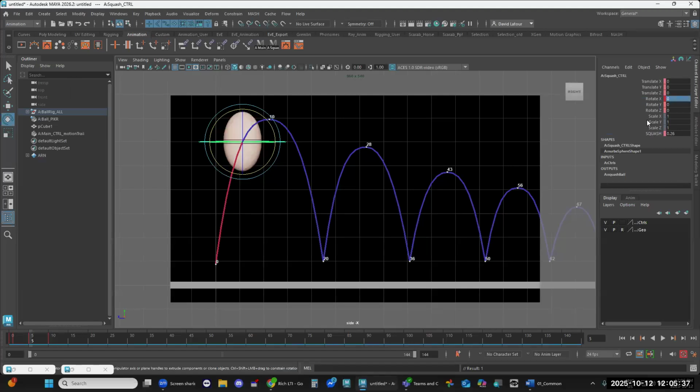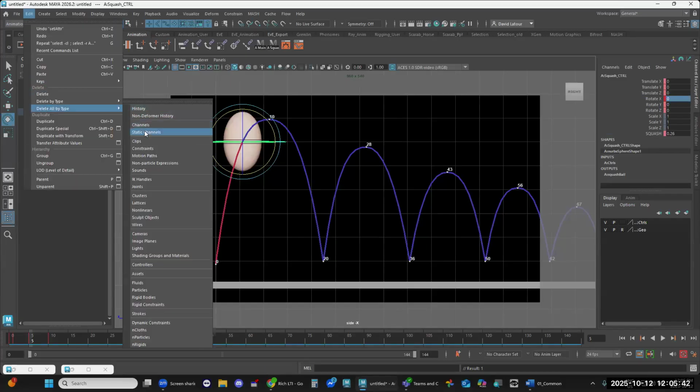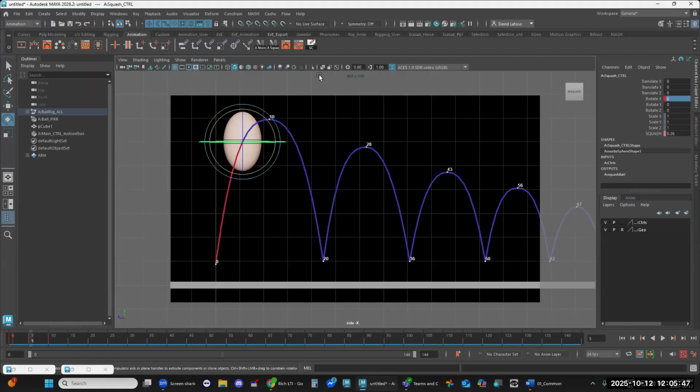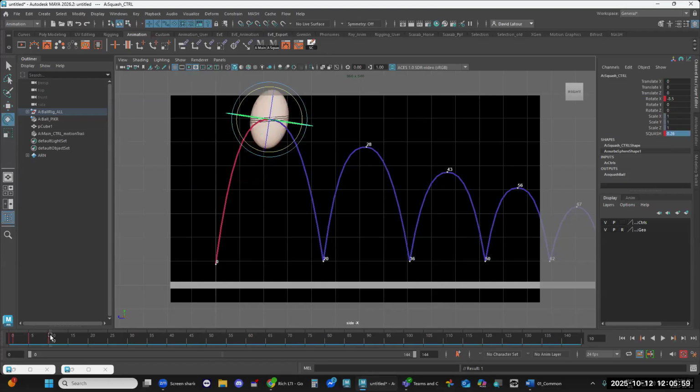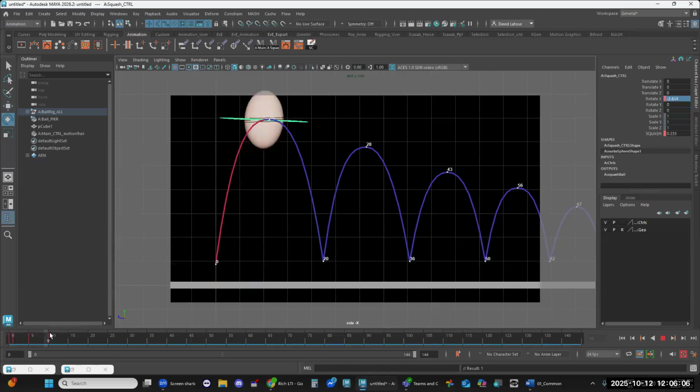Again, I hit S to key, so it keyed all the channels. So I'm just going to go Edit, Delete All by Type, Static Channels. And you know what? I'm going to Control-Shift click, just to have a button that I can click anytime I want to get rid of those static channels. And so here, rotate him like that, and then zero the squash and stretch out. Here at the apex, I just want him rotate 0. So here he's squashed, he's stretched, he's going up, and then here, I want that squash and stretch zeroed out